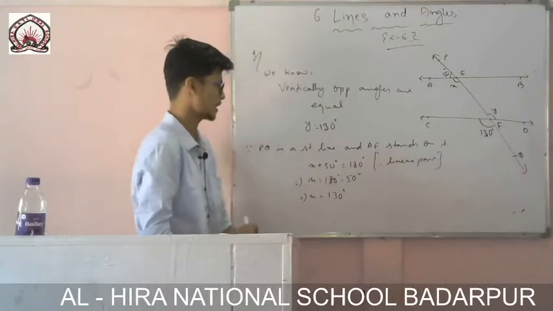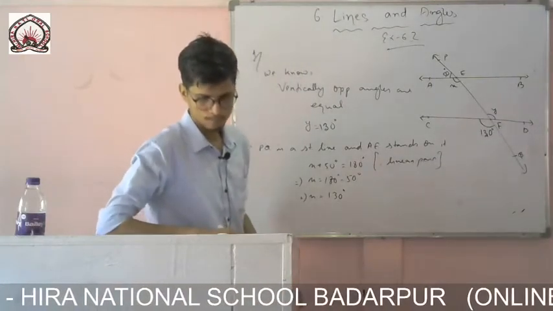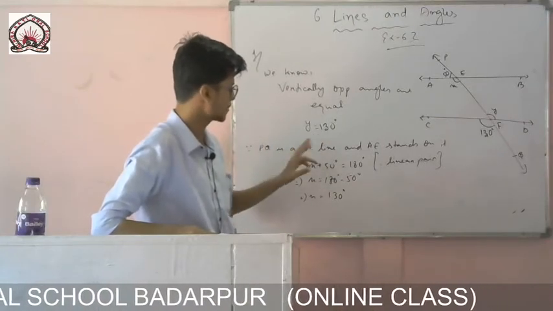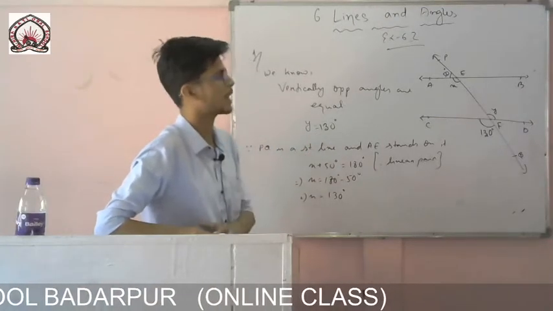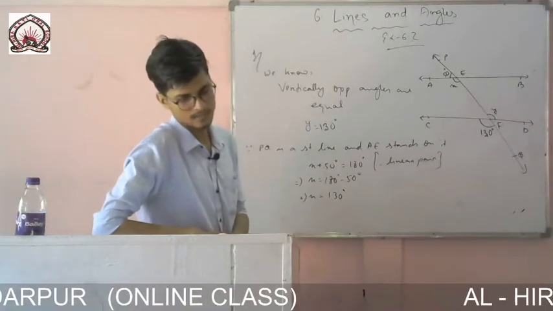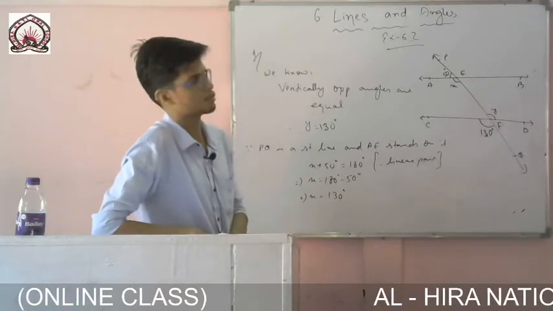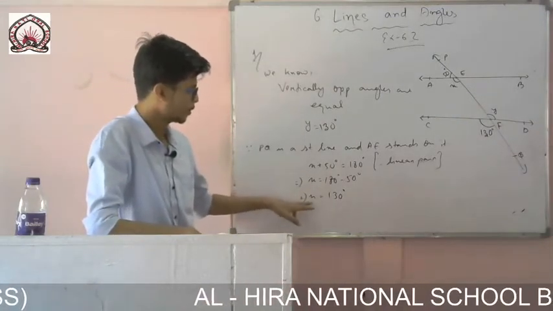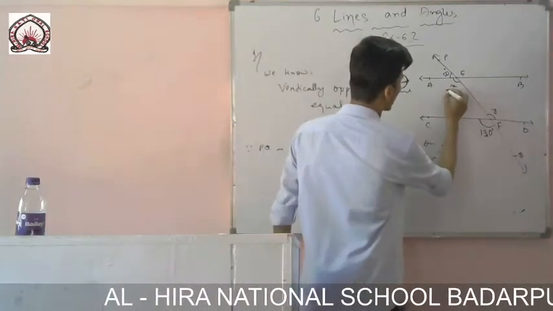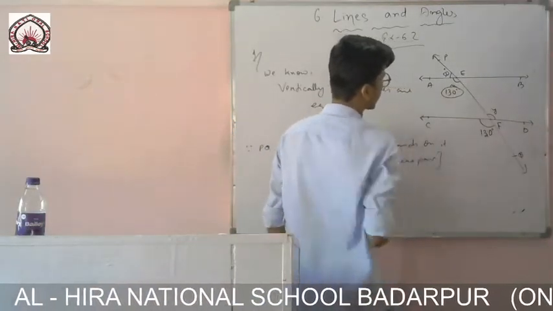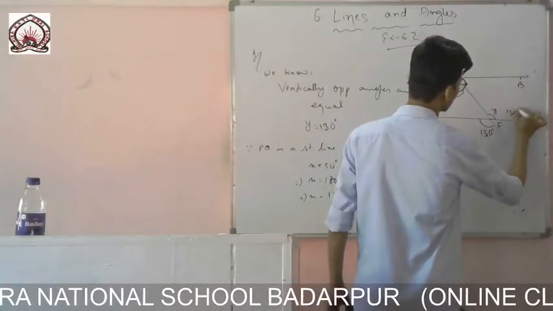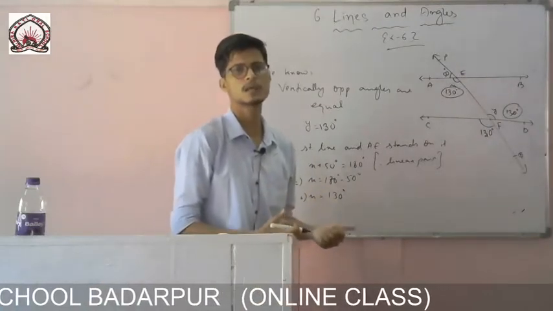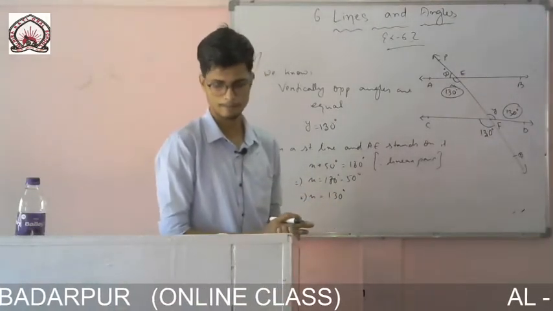So now you see one thing, the question is given, you are to show that AB is parallel to CD. First of all you have to find the value of x and y, which I have found. y is equal to 130, x is equal to 130. Now after finding the values you have to show that AB is parallel to CD. Very easily I can show, because the value of x came 130, the value of y came 130, and x and y are alternate angles. So if alternate angles are equal, then I can say that yes, these two lines are parallel.